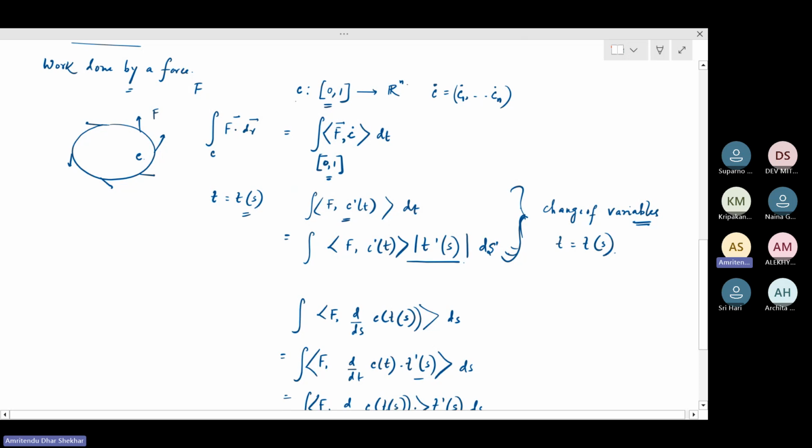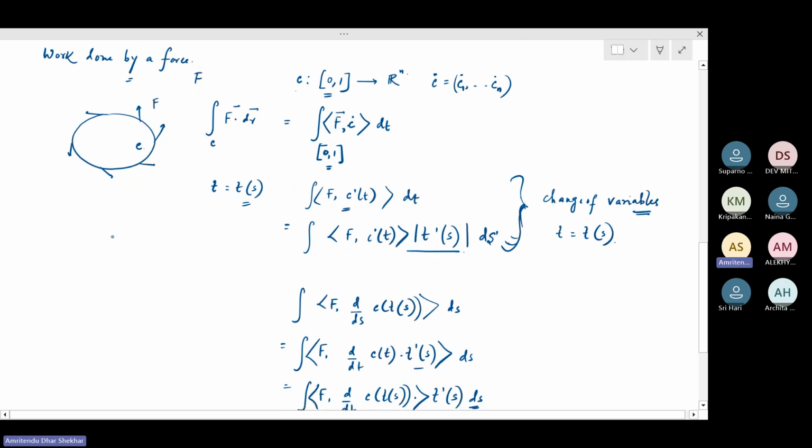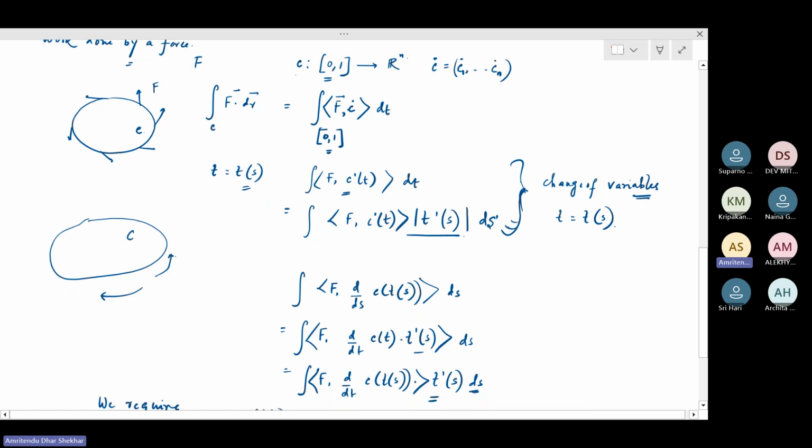So what this means is that, let's say you have a curve. Let's say this is your curve C. Now the curve is a set. You can traverse the curve in multiple ways. Let's say this is one way to traverse the curve. You could also traverse the curve in the opposite way. This is also another parameterization of the curve. Let's say this is a closed curve for the sake of it. You could travel in the same direction or you could travel in the opposite direction as well.